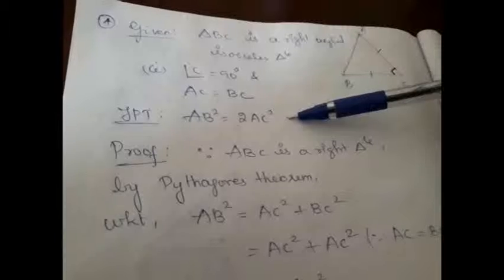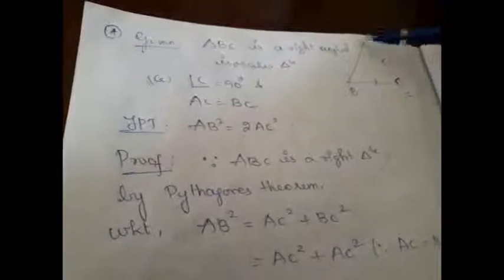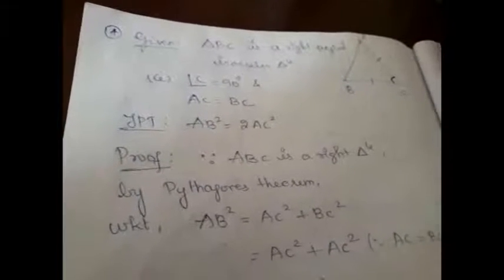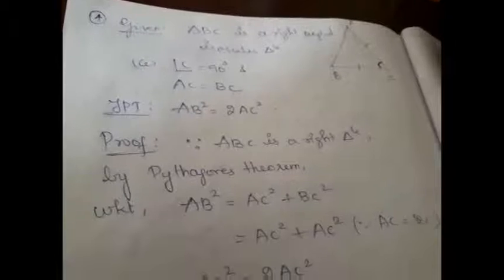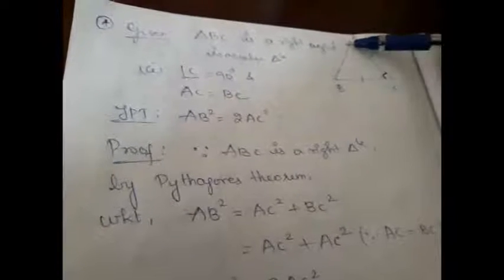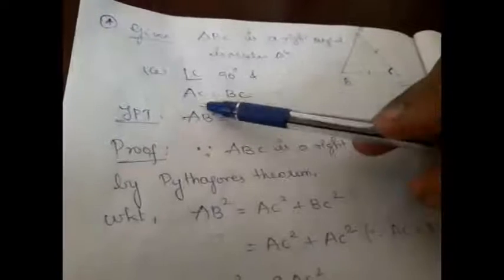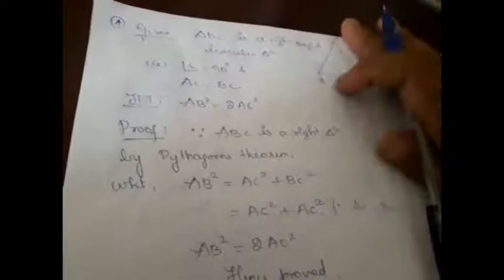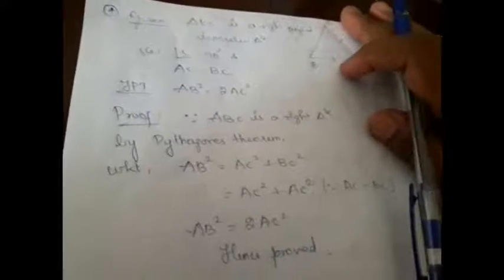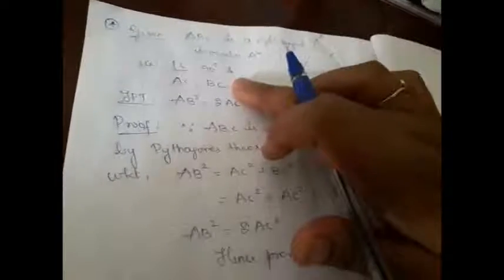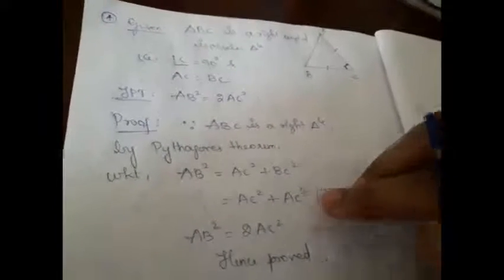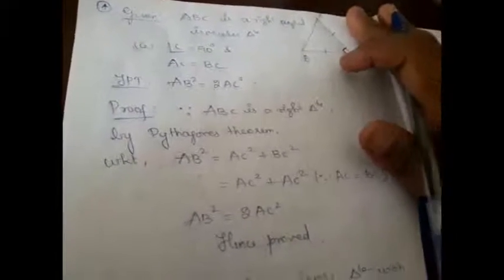Yes. So how can we prove that? We know that ABC is a right triangle, which is given in the question itself. Therefore, by Pythagoras theorem, hypotenuse square, AB square equals AC square plus BC square. But BC is equal to AC. So in the place of BC, let us replace it with AC only. Therefore, we got 2AC square. That's it. Easily the proof follows. We have applied Pythagoras theorem, and in the question itself they have clearly given AC equal to BC. So replace BC by AC. We got our answer. Right?